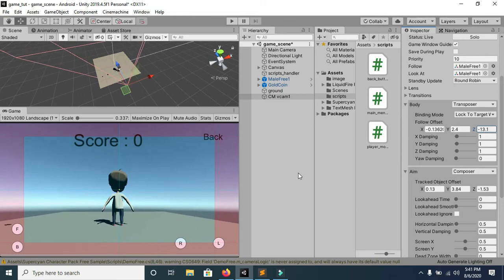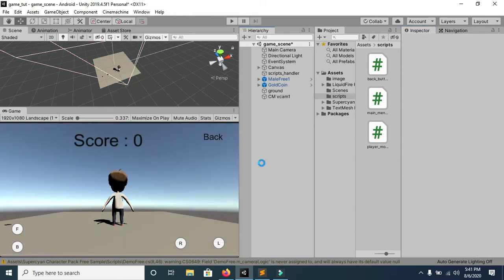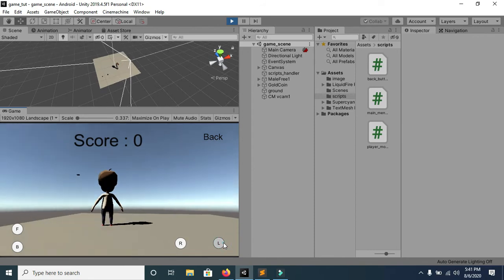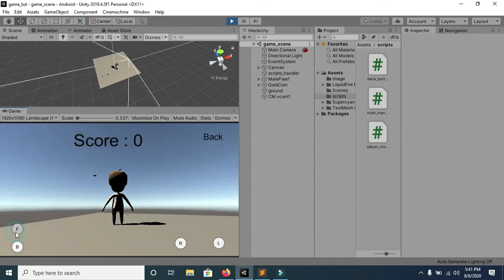Now save this and run it. Now you can see that our camera is following our player, but when I move forward it seems that nothing is happening, though our camera is following our player.